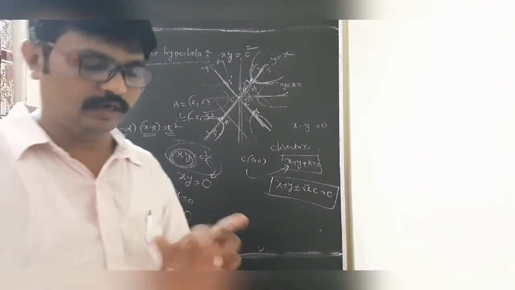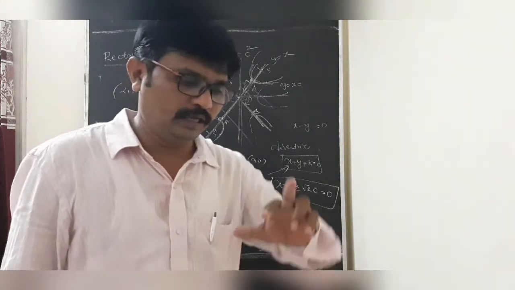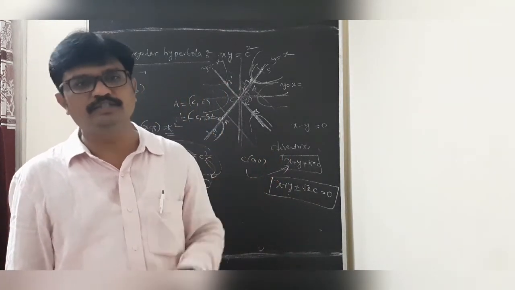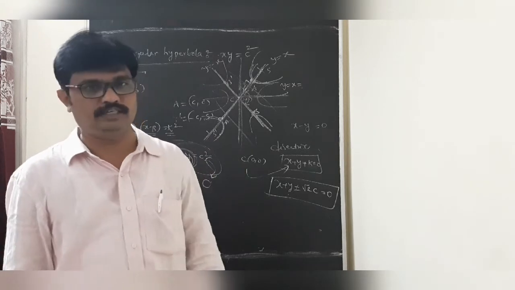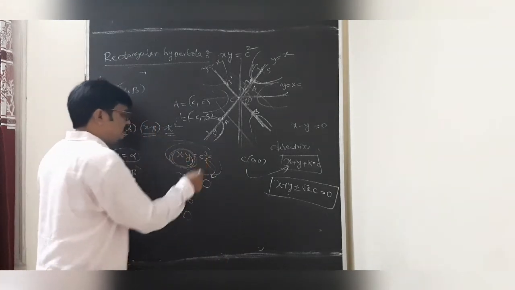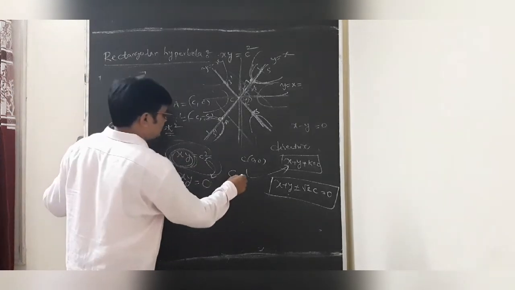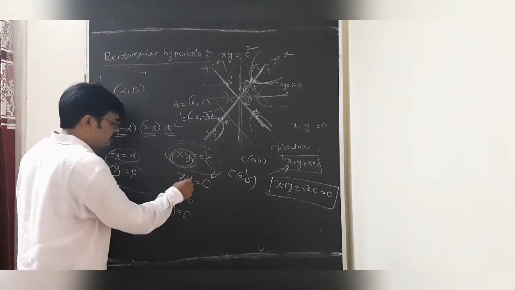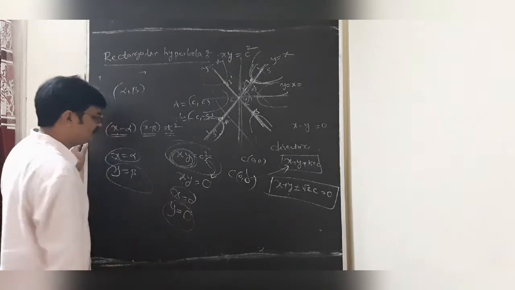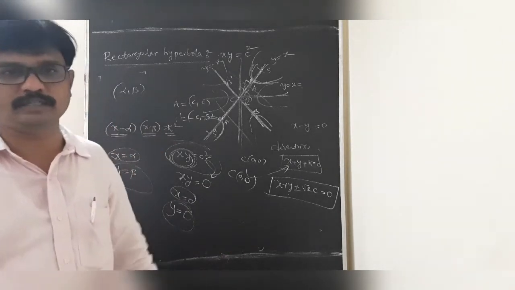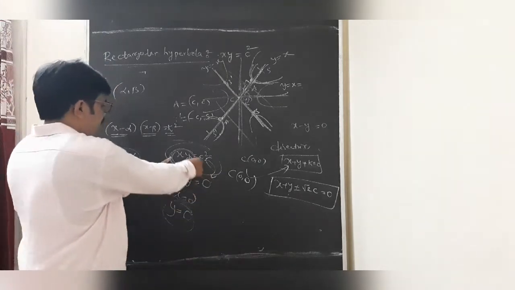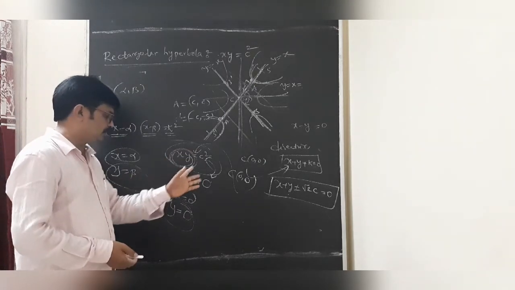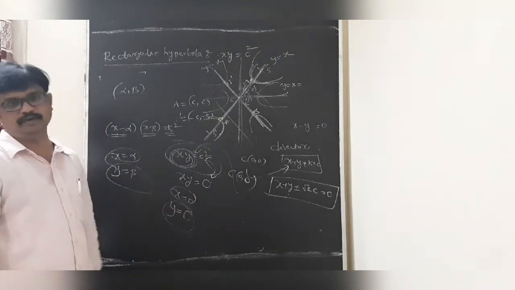Is it clear, students? Already we discussed the asymptotes. The equation of the hyperbola, the equation of the asymptotes and the equation of the conjugate hyperbola differ only by a constant. So dear students, for xy equal to c square, the center is (0, 0), and the asymptotes are always passing through the center. That's why xy equal to 0. Therefore, x equal to 0 and y equal to 0 are the equations of the asymptotes. Is it clear? What is the center of this one? (0, 0). Asymptotes are always passing through the center. Therefore, c will be 0, so xy equal to 0, x equal to 0 and y equal to 0.